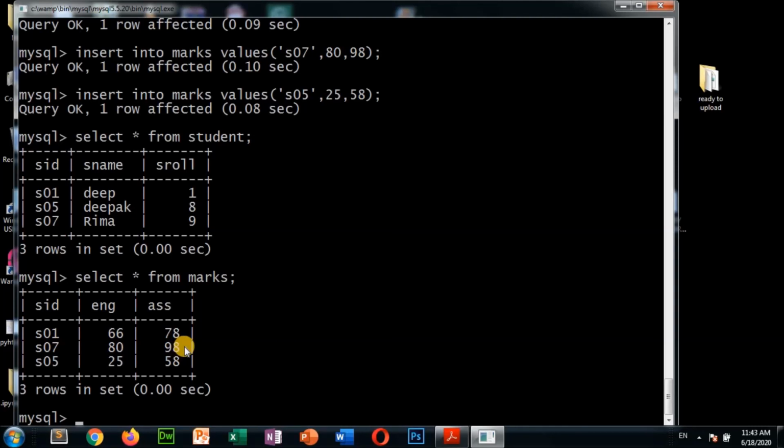So this thing you want to display. How to display? For that you have to write select. What do you want to display? Suppose name and English and Assamese marks.